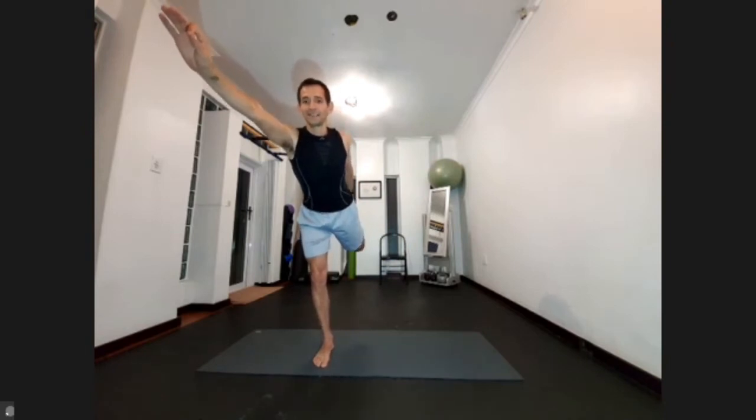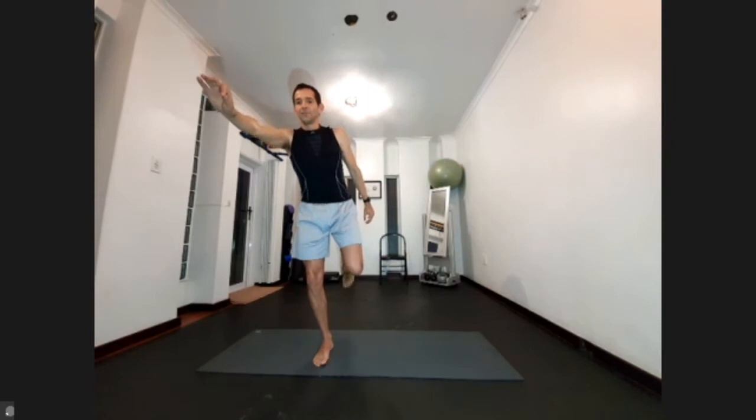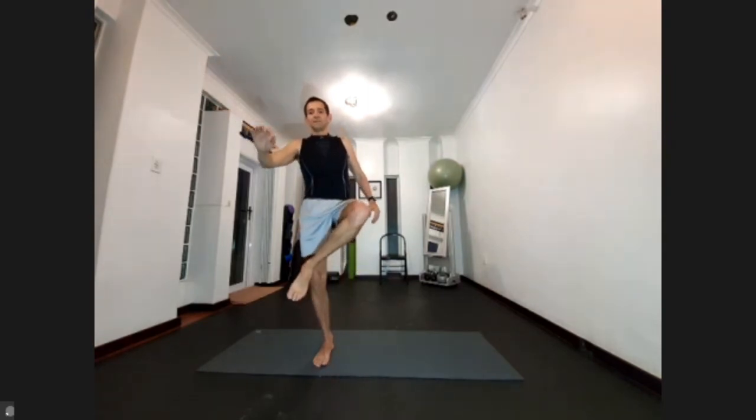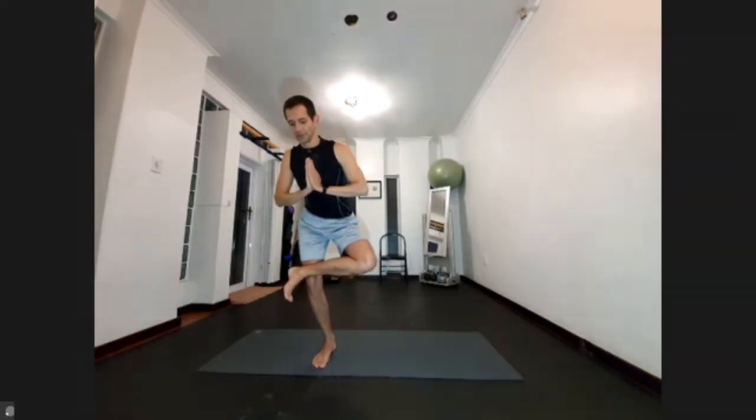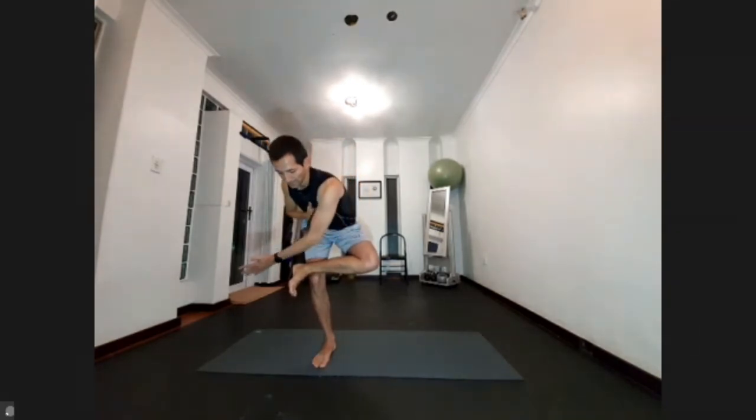Then slowly release. Come forward. Figure 4. Find your balance. A couple of options here. One, stay in your figure 4 and just twist to the foot that's on top of the knee. That side should be your left. Two, bend forward. The right arm will go long